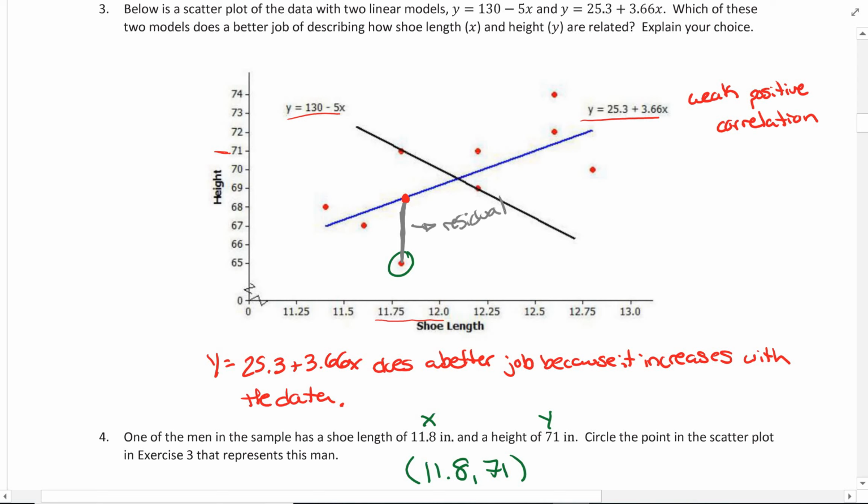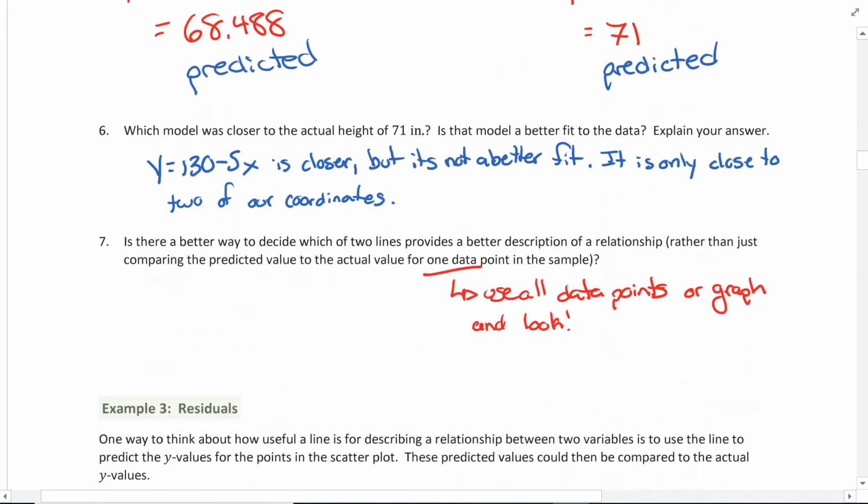Now, in math, we also know the difference between 2 points can also be considered the distance between 2 points. So in reality, a residual is just the distance between the line and actual value. So that's a huge concept to understand, guys, that a residual is just the distance. So if I scroll back down,